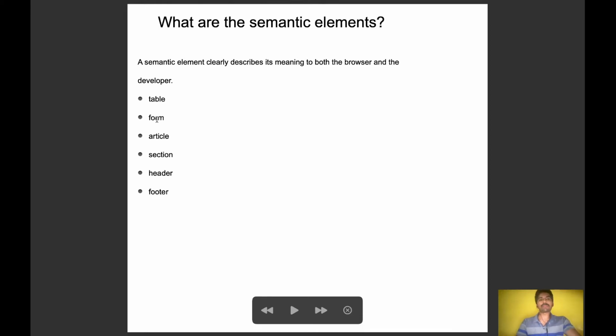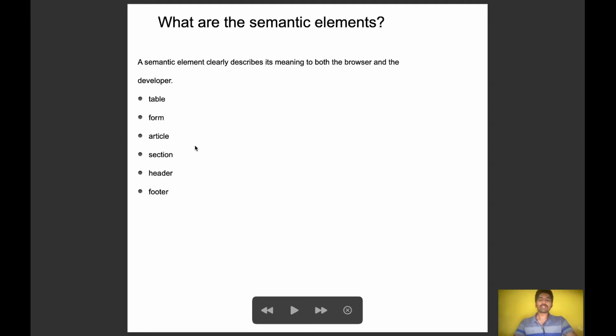If we take form, for writing forms we will use the form element. Similarly, article for writing an article, section for writing sections, header and footer for writing headers and footers. So the name itself will tell the browser as well as the developer. Those elements are called semantic elements.